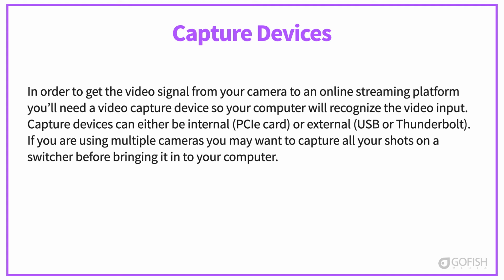If you're using a PC, then they're all going to be USB 3.0 generally. So if you're using multiple cameras, in addition to or sometimes in place of, depending on what type of switcher you'd be using, you would want to capture everything onto a switcher before you bring it into your computer. So we'll talk about switchers in just a moment, but